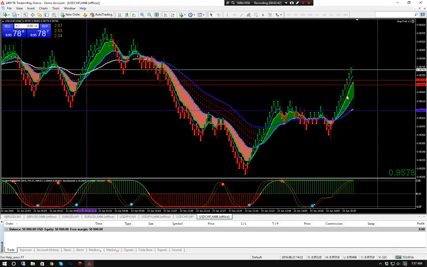Okay, here's a perfect little setup. It went up and it ran. Here's what he's been doing. The additional confirmation he's using is you need a green cloud for a buy and a green histogram for a buy, or red histograms for sells. The second thing you need, and it doesn't have to be one before the other, from just the 2 days that I've been using it, but you do need them in combination. So if you're going to take a sell,